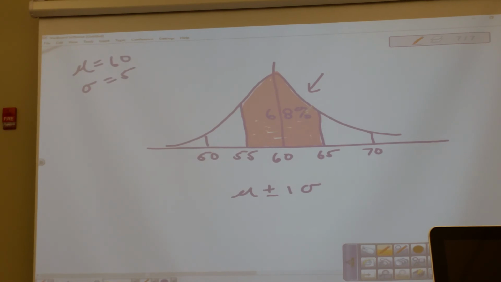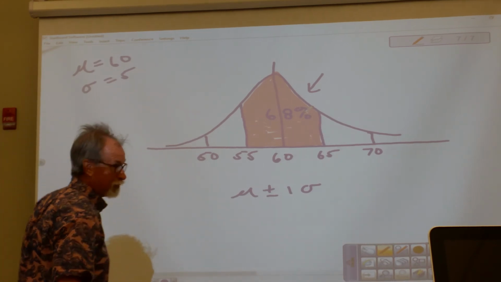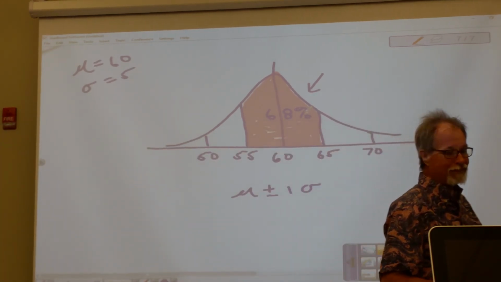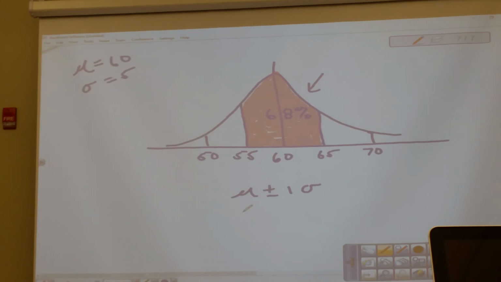The definition of a normal curve is that 68% of all data will fall between plus or minus 1 standard deviation. Correct. This is critical that you remember this. This is the definition. And plus or minus 2 standard deviations